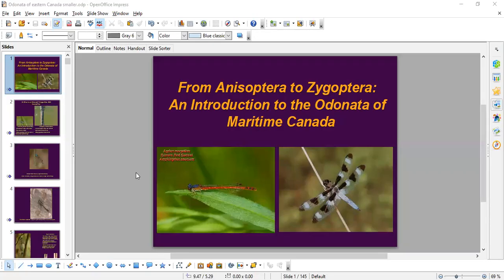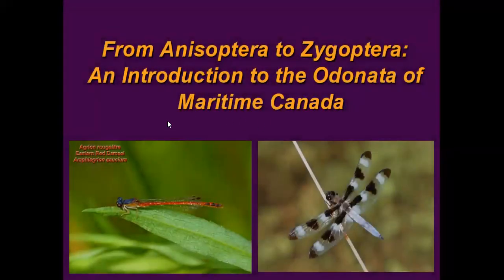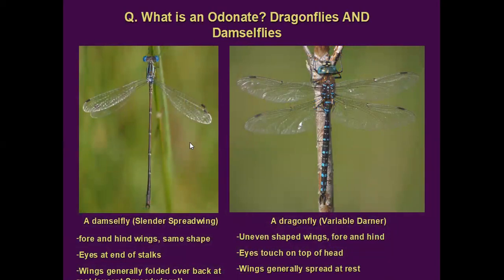So here we are. Okay, and so the title here is a little bit of a word game, because the two different suborders of Odonata are the Zygoptera and the Anisoptera, which works out very nicely because that's A to Z. So the Odonata are comprised of three suborders, two of which we have in North America: the Zygoptera, which are the damselflies, and the Anisoptera, which are dragonflies. And without getting too scientific on you,